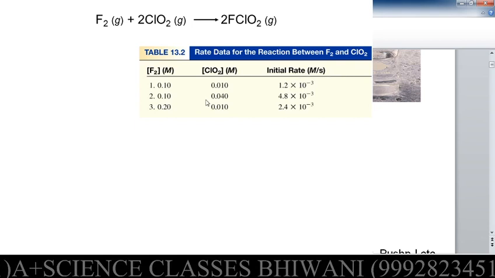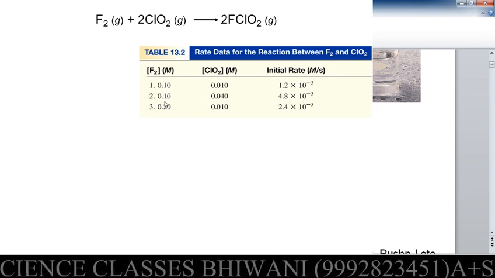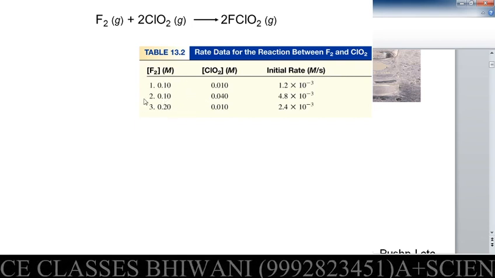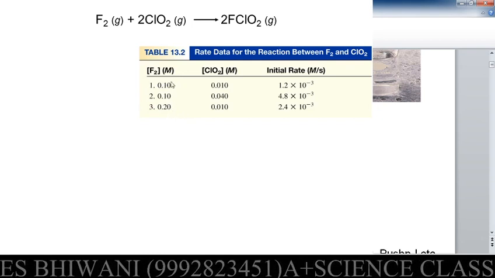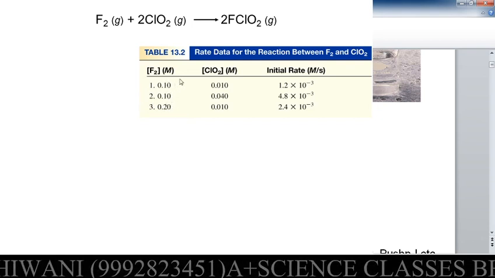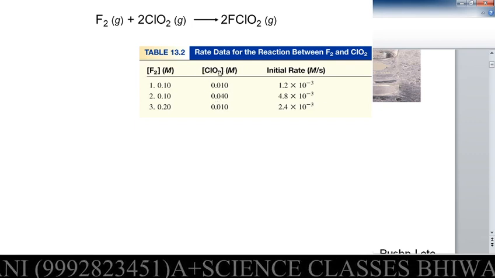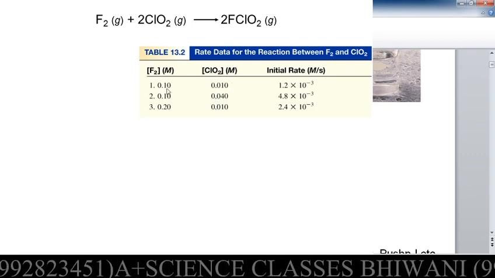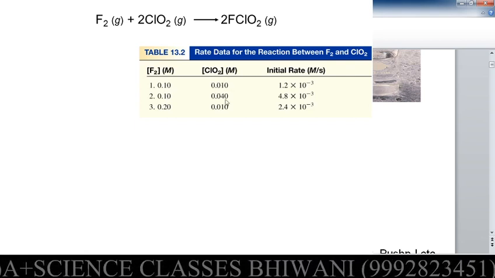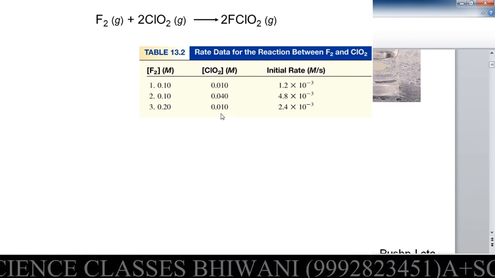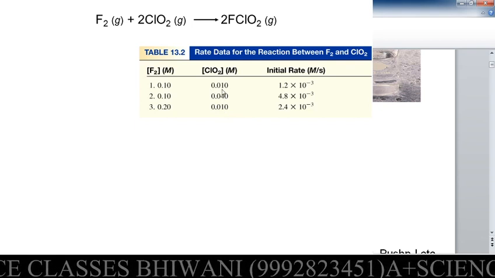Now what happens in all these 3 experiments? We have to choose one of the reactants to keep at constant concentration and vary the other reactant with respect to that constant concentration. If you observe clearly